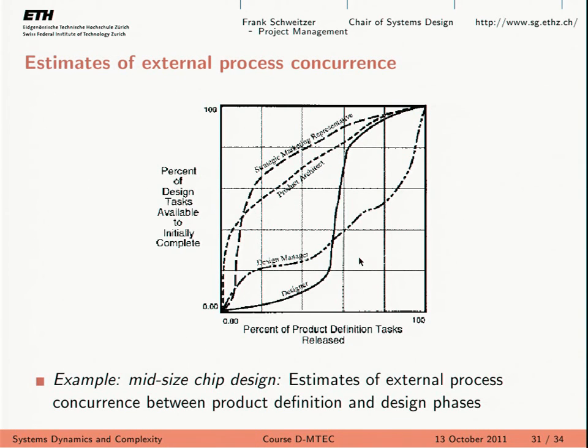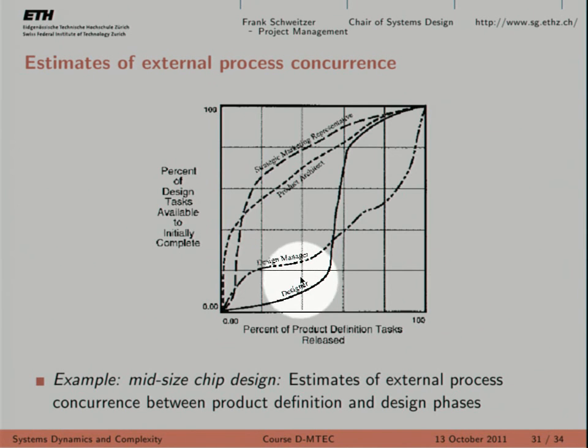So what these guys did, they asked the designer in the design phase, they asked the design manager, and they asked the product architect and a strategic marketing person, which is part of the product definition phase, what, in their opinion, is the level of concurrency between product definition and design. So they asked, for instance, the marketing people, who are responsible for product definition, what do you think the concurrency between your phase and the design phase is? In other words, how much work do you think you need to complete before the design people can start working?